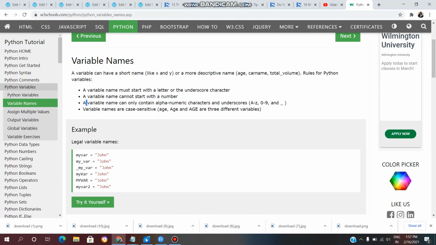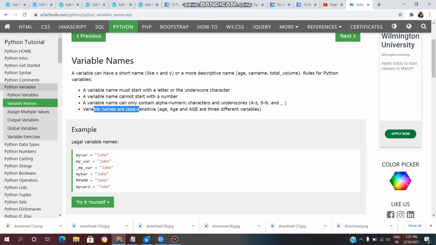And third, a variable name can only contain alphanumeric characters and underscores, like A to Z alphabet, 0 to 9, and underscore. No additional special characters, only underscore and alphanumeric characters are allowed.